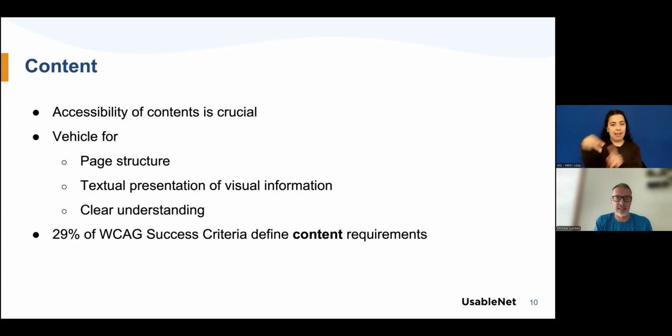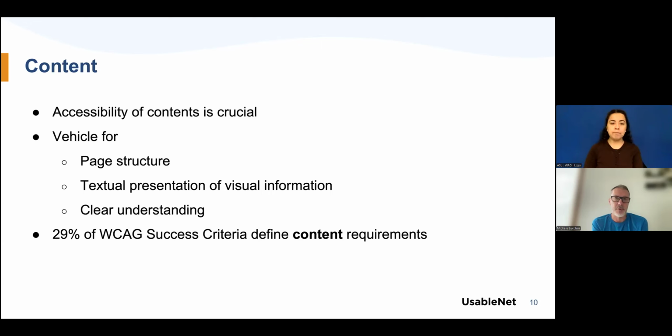Here we are just listing three in consideration of the time that we have available. But the page structures, the textual presentation of visual information, which translates into the alternative text for the images, for example, making sure that the content is clear to understand, and basically the content is written in a way that doesn't require unnecessary effort to be understood.